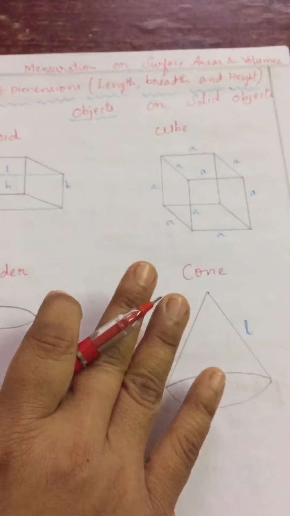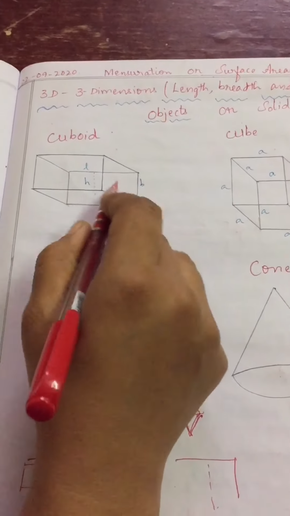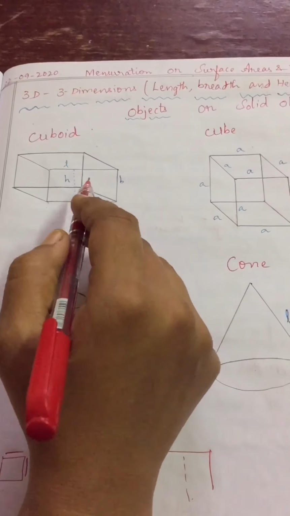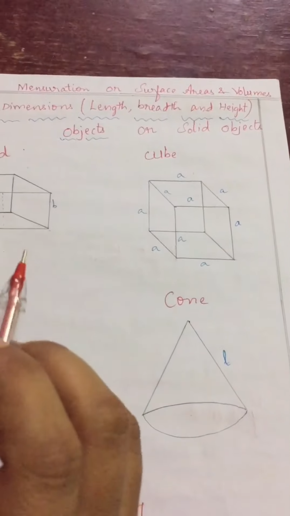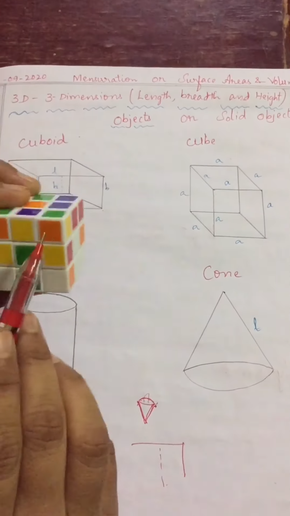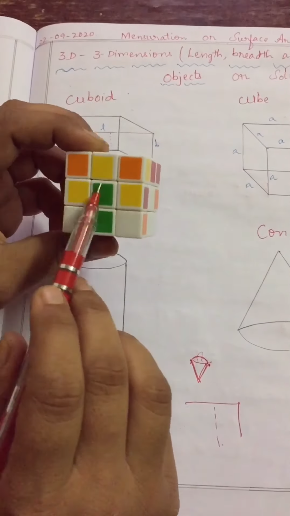Here we are talking about 3D objects. When we find the area, that is nothing but surface area, because each face, see in this, each face is nothing but surface. It is called surface. Are you getting my point, children? It is called surface, and this each surface area we are finding. That's why it is called surface area.